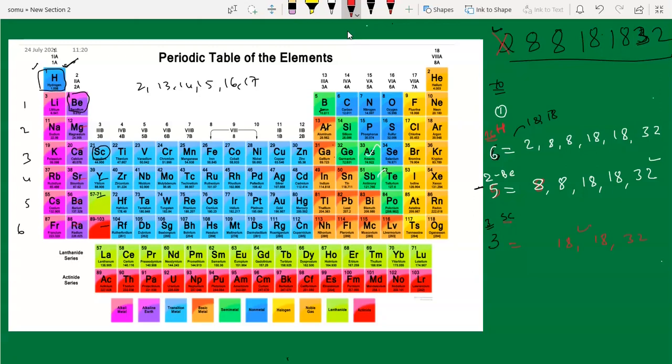Now let's find out the atomic number of first group elements. I hope you remember this. Take a screenshot of it. I am giving you time. Take a screenshot of it. Suppose if you have 4 elements by leaving the first element of the group, your code will become 8, 18, 18, 32.